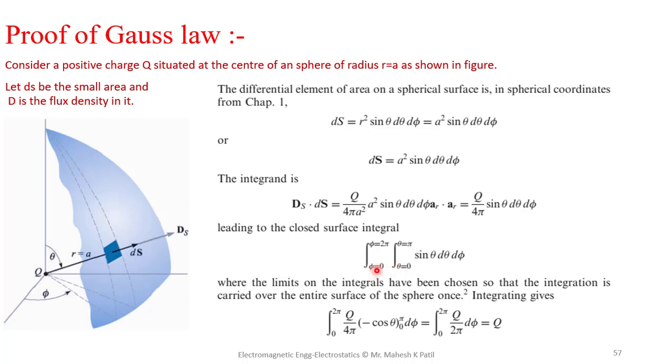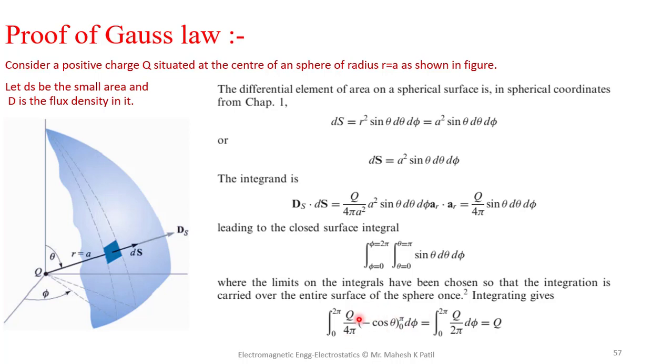For the spherical coordinate system, phi varies from 0 to 2 pi and theta varies from 0 to pi. Now it is the integration of sine theta d theta d phi. To simplify, the integration of d phi is phi with the limit 0 to 2 pi, so it will become 2 pi